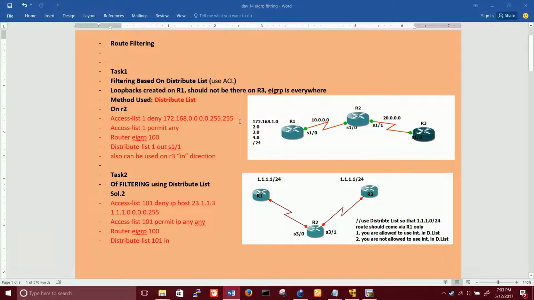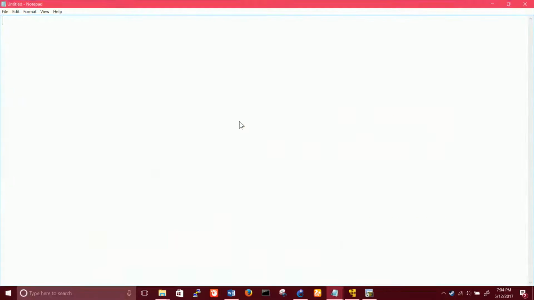So let's first talk about these wildcards. You might not be familiar with them. Access list 1. Access list, number of the ACL, I want to deny. What do you want to deny? 172.168.0.0. Okay, the thing is I will look at this IP and I will deny. But how many octets do you want to match? You just want to match the first octet, or 2 octets, 3 octets or 4 octets. That depends on your wildcard.